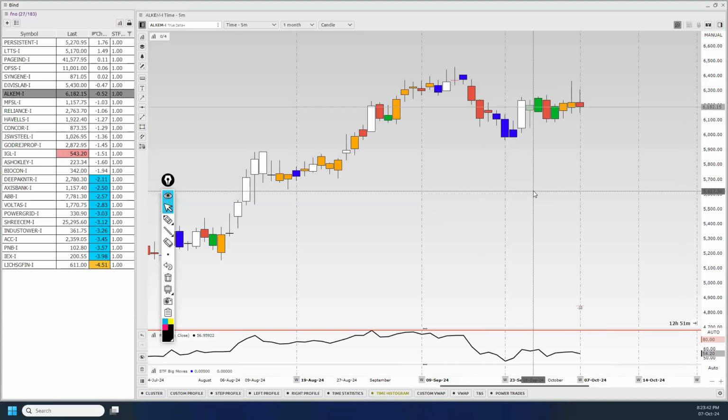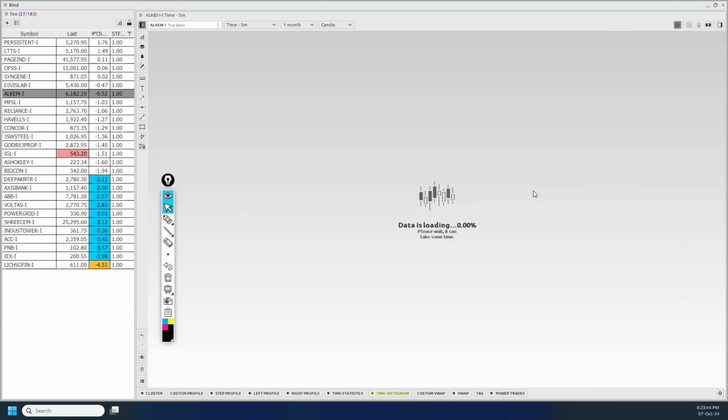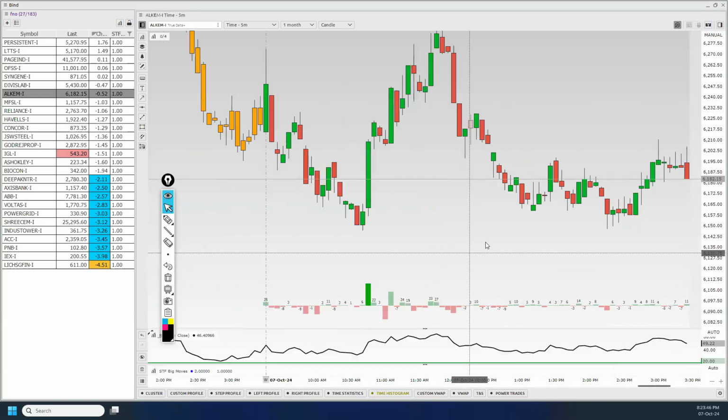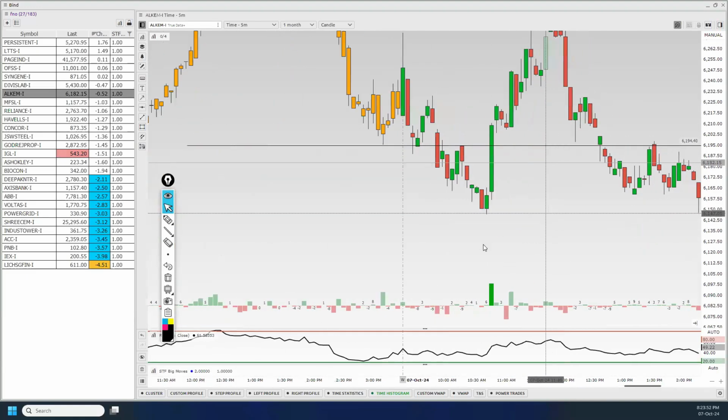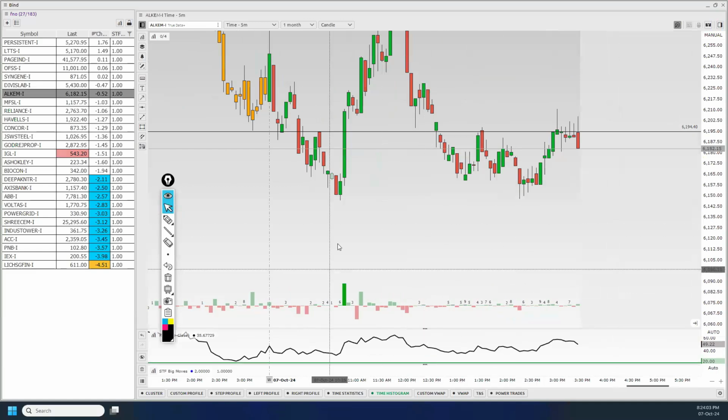If this is a short opportunity, I will go into the 5-minute time frame. This is my delta candle. And I will look not for the green one. I need to look for the red delta candle above. This is 6200, so a 120 delta candle I need to look out for. Did I get that candle today? Did I get a 120 delta candle today? No, I didn't get it.